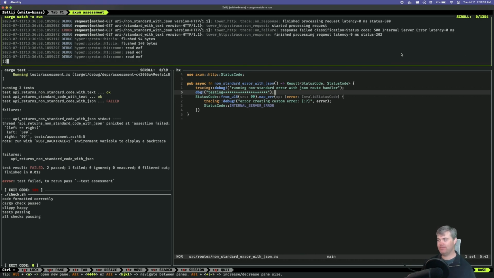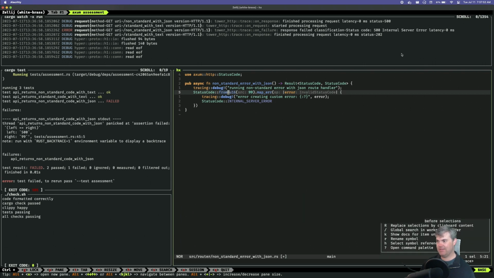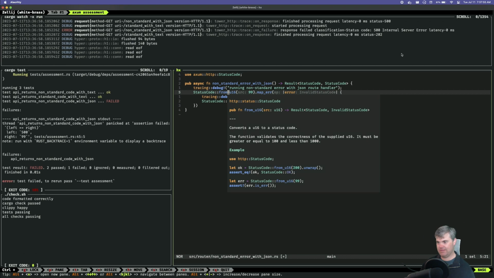Well, okay. Yeah. Sure. I get what you're saying, but that's kind of the point. Didn't they have like an example of this? Look, their example is literally status code from u16 99.